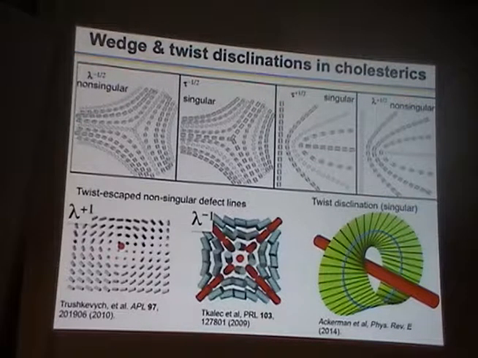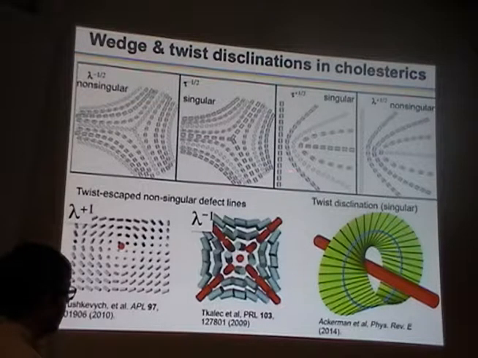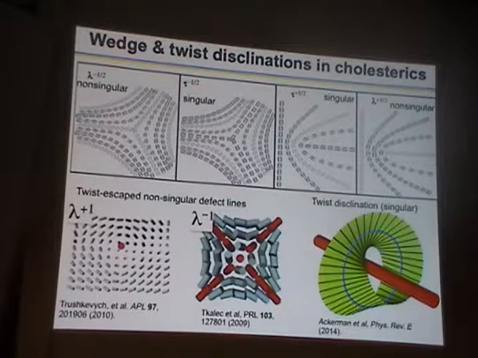So such defects are not very energetically costly, and we can expect that they will be quite abundant in cholesteric crystals, which is indeed the case, as we will see in just a minute. Right, then we additionally can have double twist cylinders, or they can be also classified as lambda +1 disclinations, non-singular. Right? So that would be a direct analog of